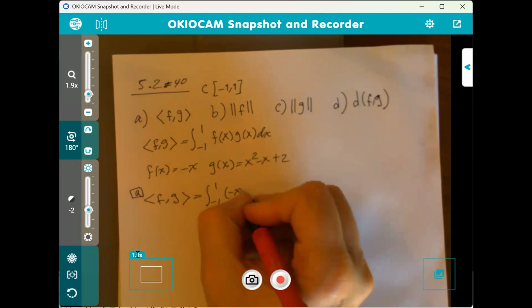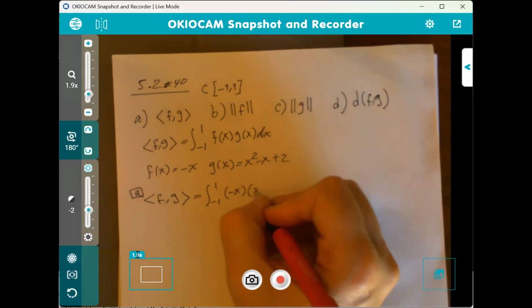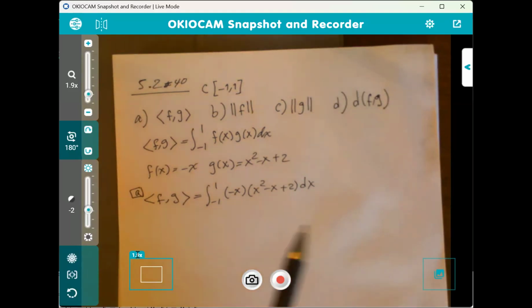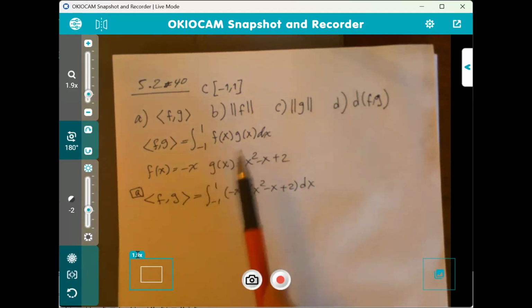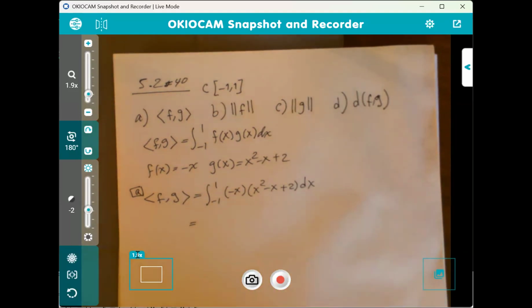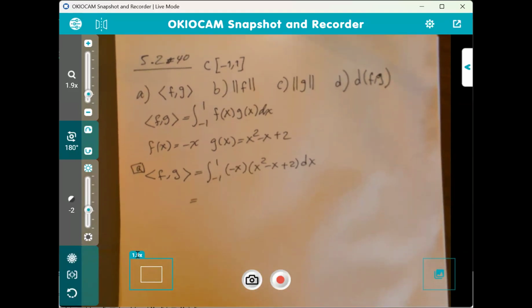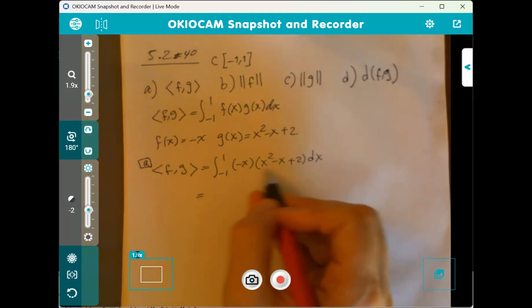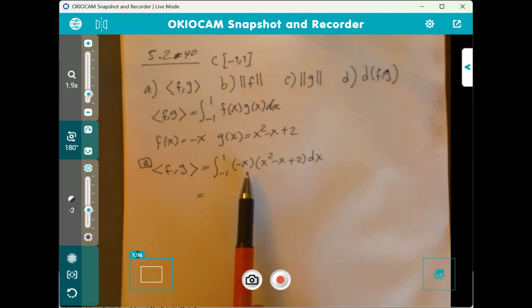So that's going to be negative x times the quadratic, x squared minus x plus 2, dx. That's by definition of the inner product that was given. Okay. Now, this one is basic. The integrand, I'm sure everyone in this course is capable of doing this. It's a very simple integral, right? So what I'm going to do is distribute the negative x to the quadratic and take the